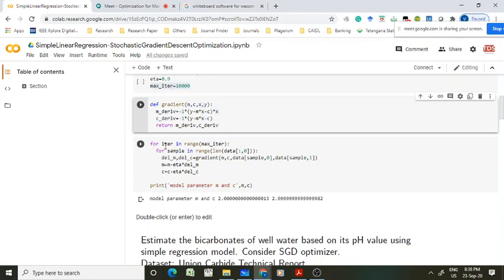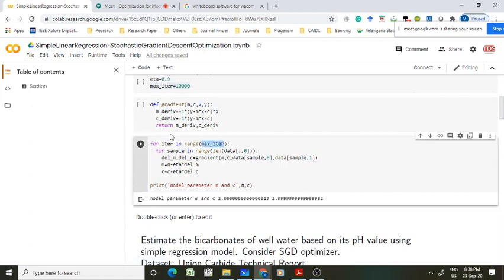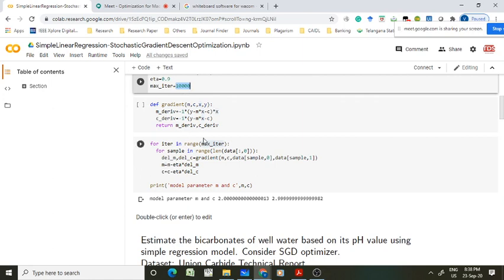For iter in range maximum iteration. That means this outer loop will run for 10,000 times, the maximum iterations, right? Whereas the inner loop is for sample in range of length of data[:, 0]. Data, if you observe, is a matrix having 4 rows and 2 columns, right? So here data[:, 0] means